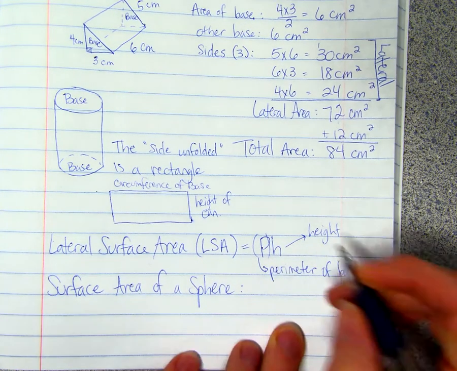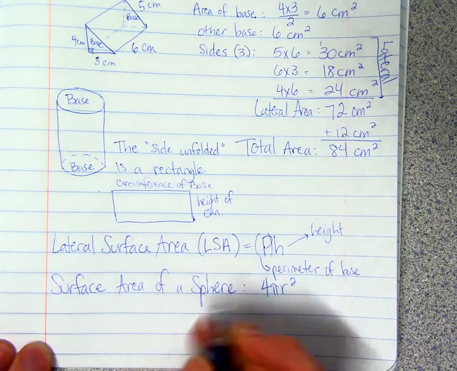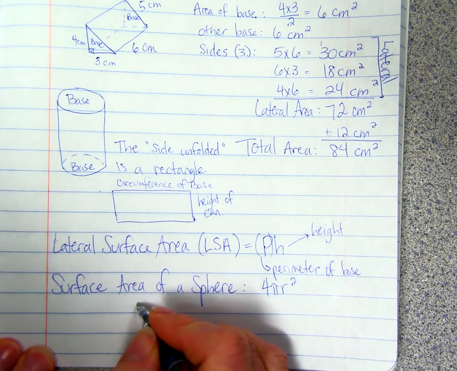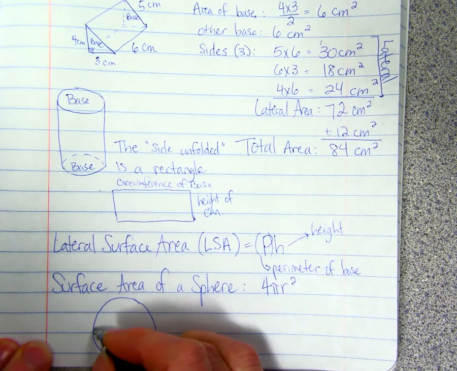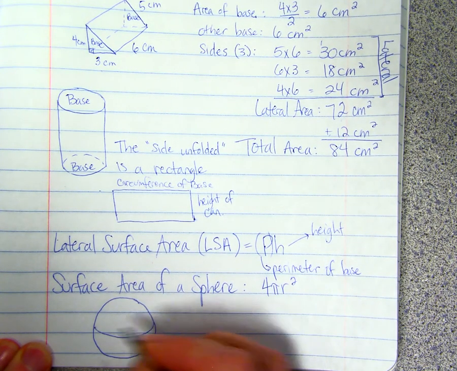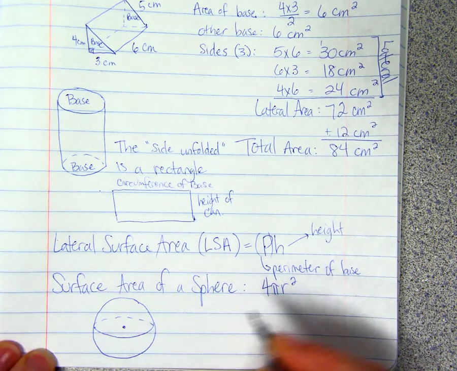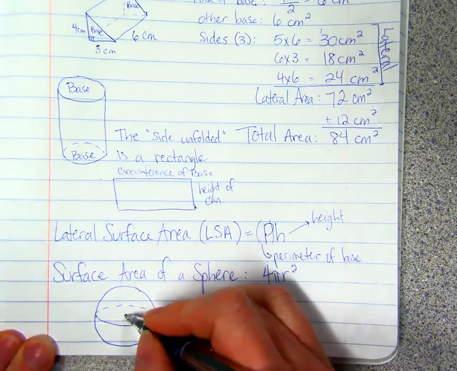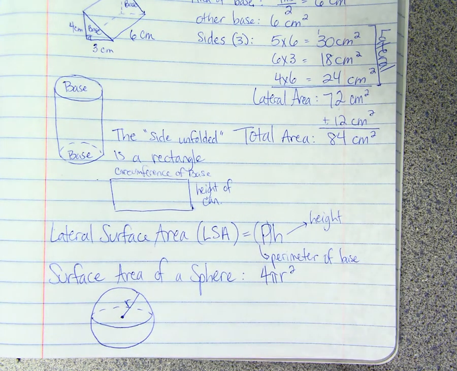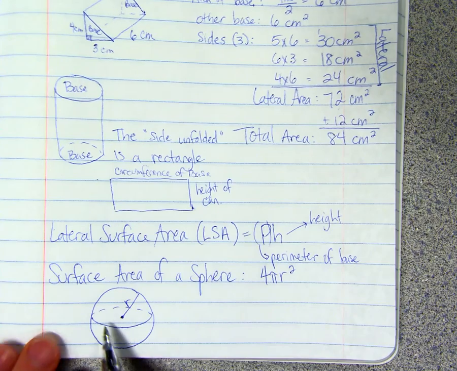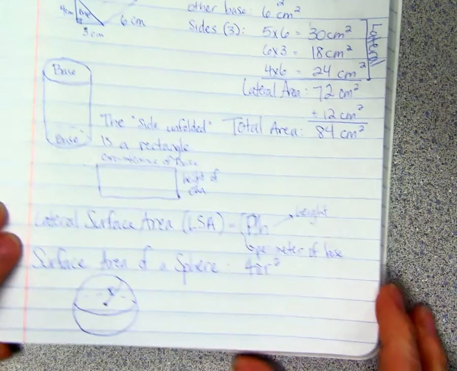To find the surface area of a sphere, it's 4 pi r squared. Now, a sphere, let's draw us a sphere here. We have a circle. The radius goes from the very center of the sphere out to the edge. So that middle circle right here that goes right across like the equator or the very center of the sphere,